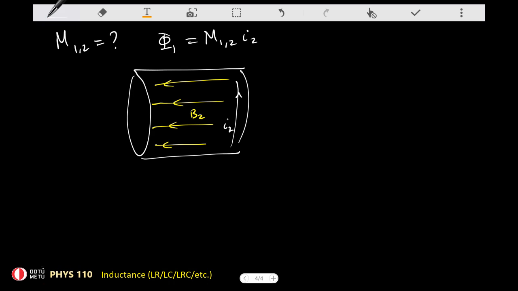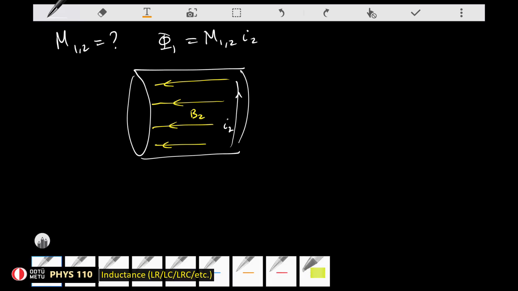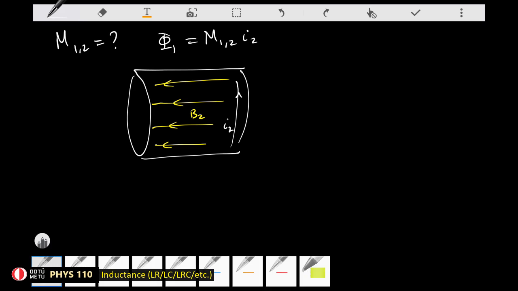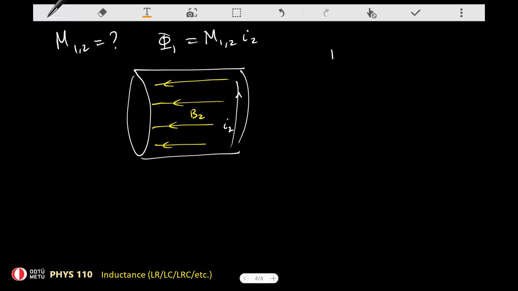It's just an exaggeration. Of course, normally I expect the length of this solenoid to be much larger than this side in here. But I'm just pictorially depicting the thing in here, I'm not really trying to make it more realistic. So in any case, let's just say that B2 in here is going to be equal to